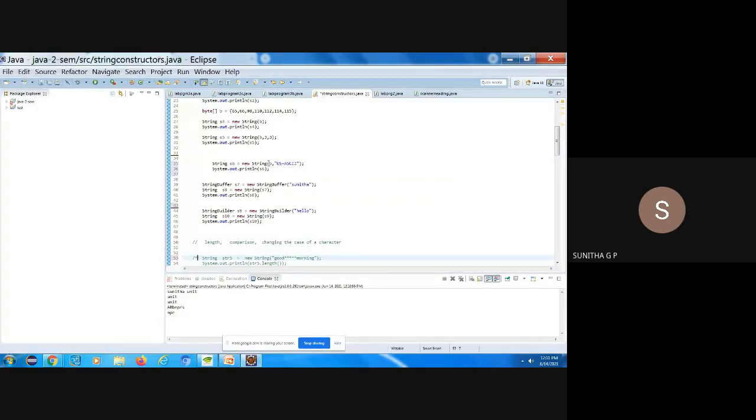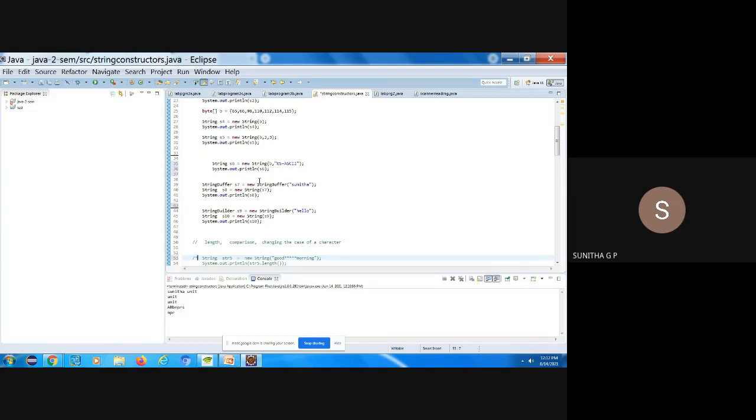If it is other than English characters, maybe Unicode, UTF-7 and other things are there, then a different ASCII value, whatever you give, that will be mapped, and a different string will be created. You understand it? So since we are using English alphabets only, and numerical values and the special characters on the keyboard, US ASCII is the default value here. It is taking that only. So if I am having some other value and a Unicode or some other character representation format, if I use it, then a different string will be created for a given B. Okay, but here if I give the US ASCII, it is not contributing much.